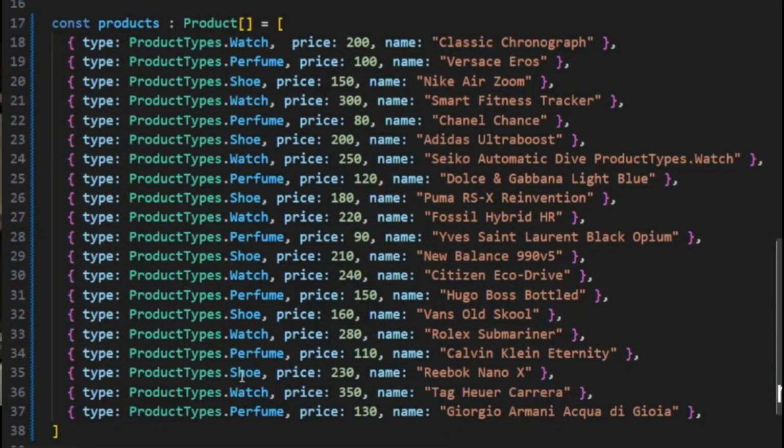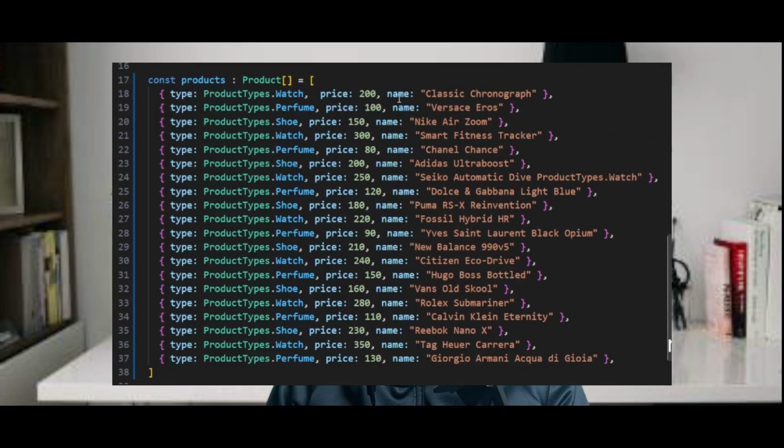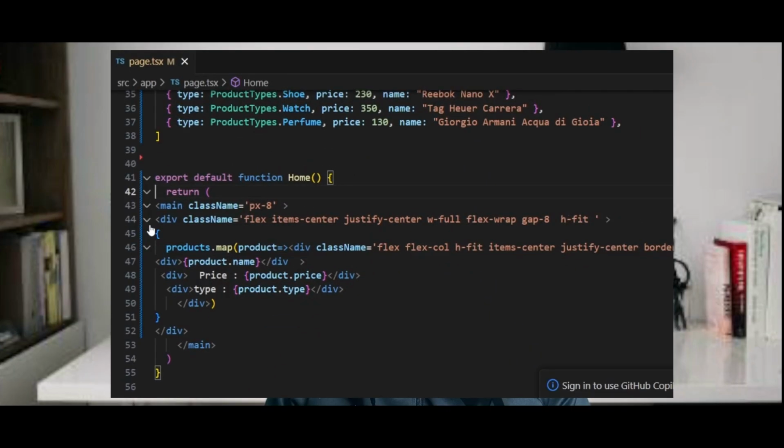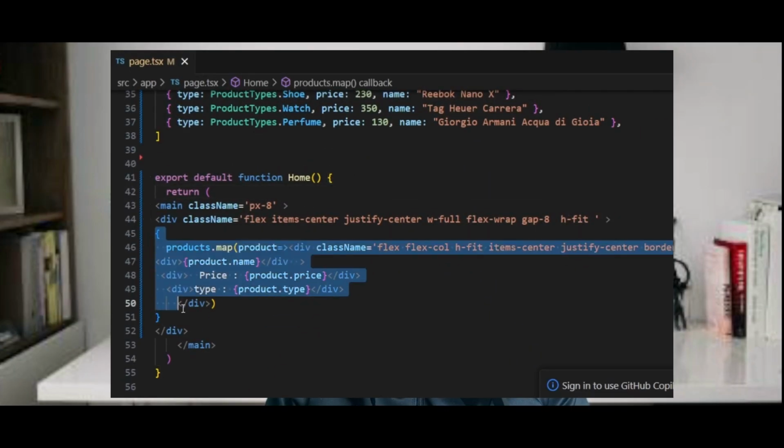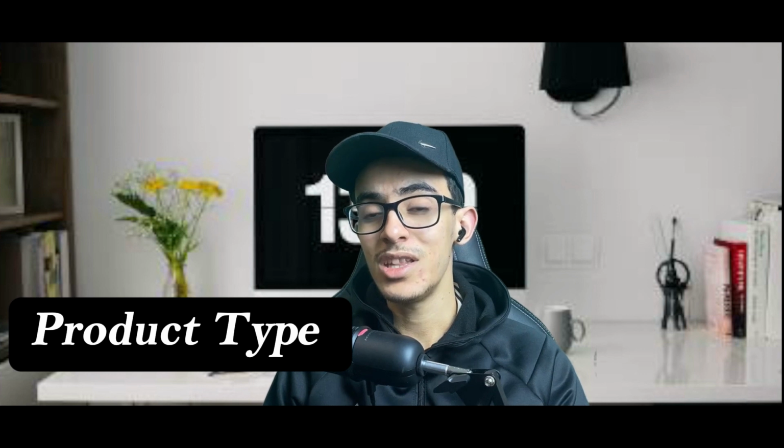Hi developers, here we have an array of products. Each product has a name, a type, and a price. And here we are displaying all these products in a page. Now we want to add some filters. For example, we want the user to be able to filter the products based on the type, the minimum price,